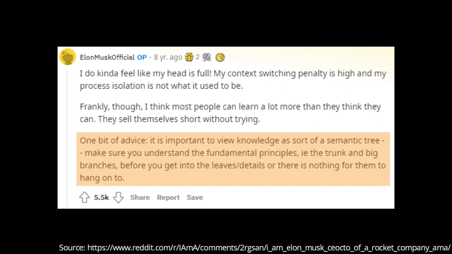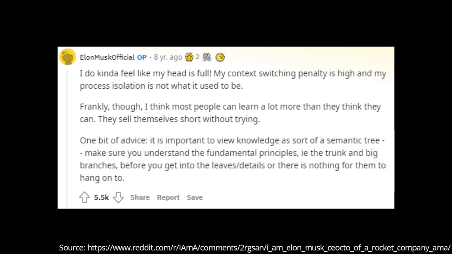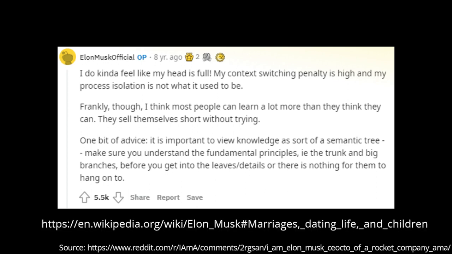Make sure you understand the fundamental principles, that is the trunk and big branches, before you get into the leaves details, or there is nothing for them to hang on to. By the way, you might also need a tree to understand the Wikipedia entry on Elon's marriages, dating life and